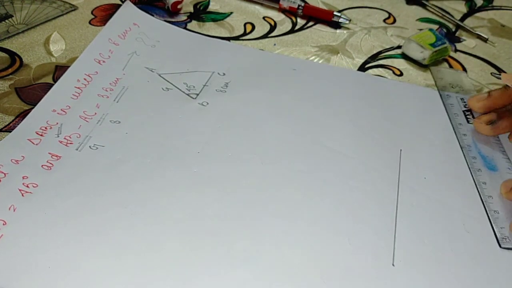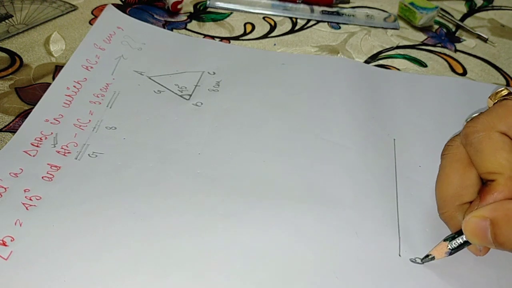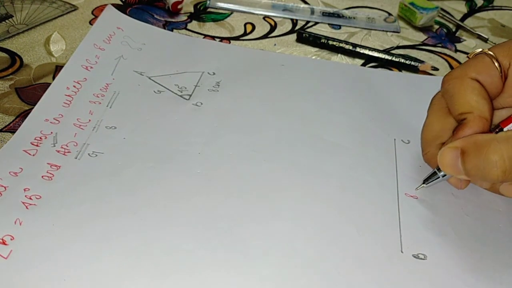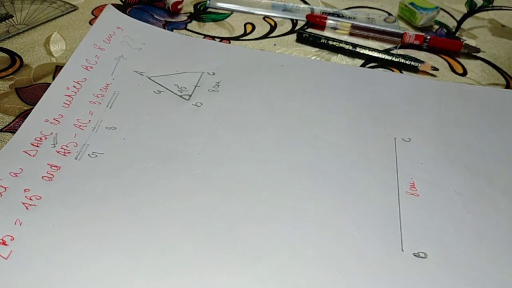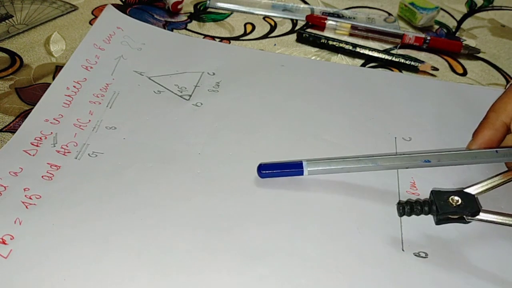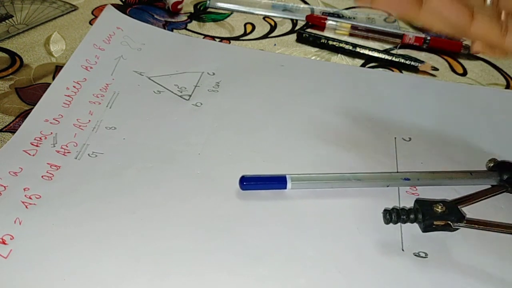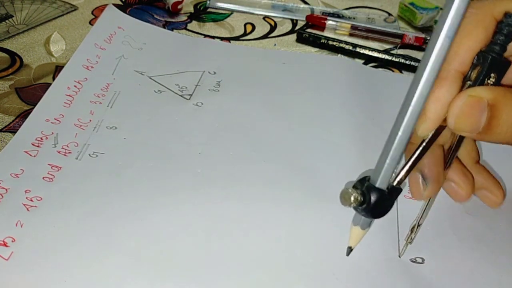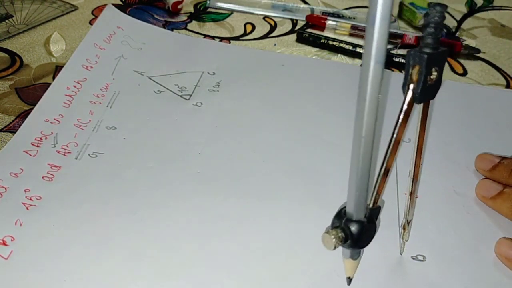Is that clear till this much? BC is equal to 8 centimeter. Okay, till here we don't have any sort of doubts. Okay, angle B is equal to 45 degree. Now drawing 45 degree, if you have watched the previous video, then it is not a big deal, isn't it? It is quite an easy task for you.